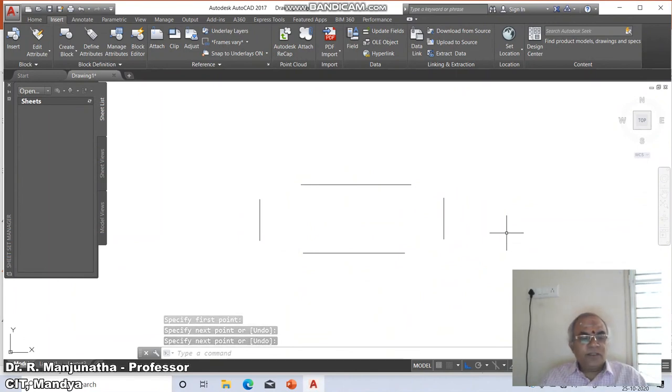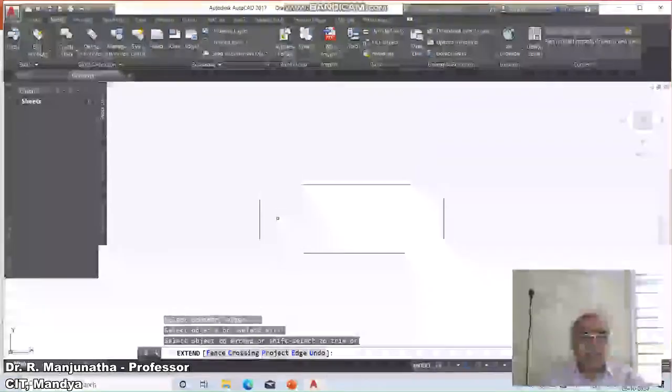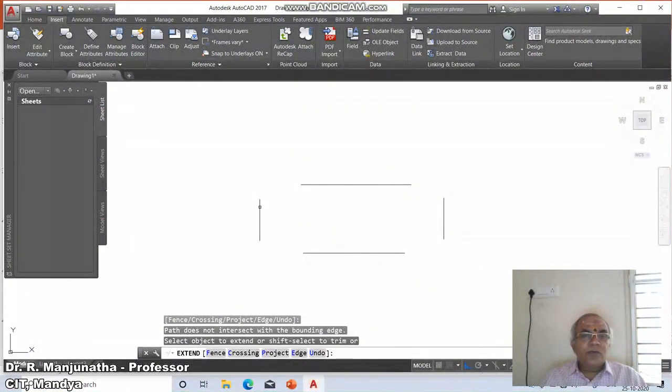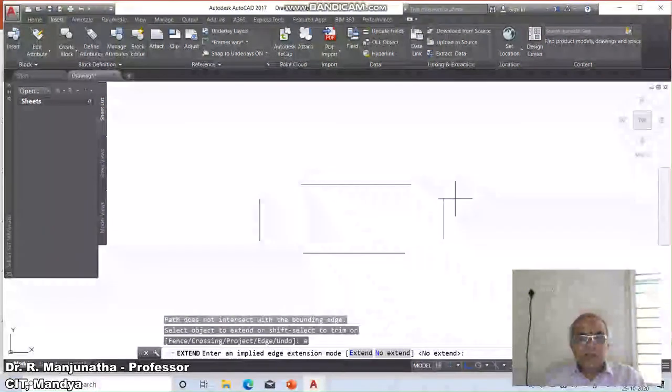To do that, first I should go to extend, select objects, I will select all, then I will extend this line till here. It doesn't extend because the parts do not intersect. Then I will go for the edge option. By default it will be no extend.